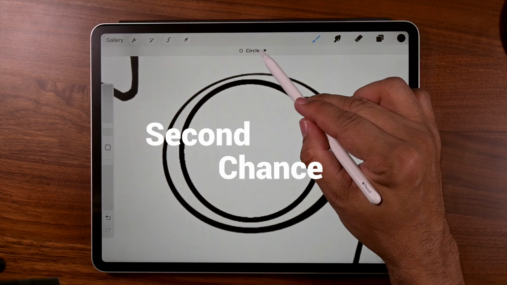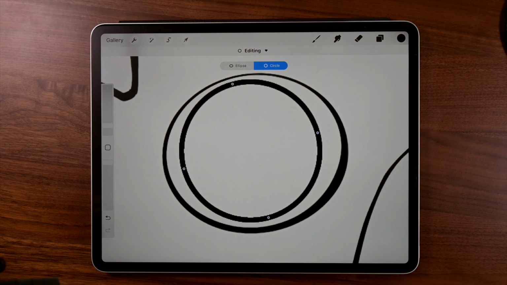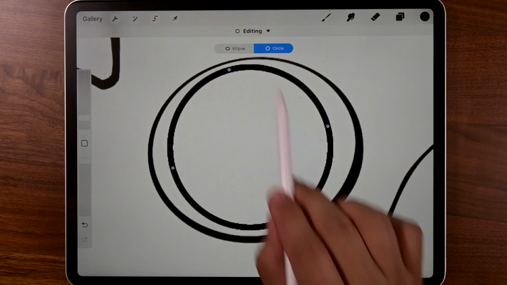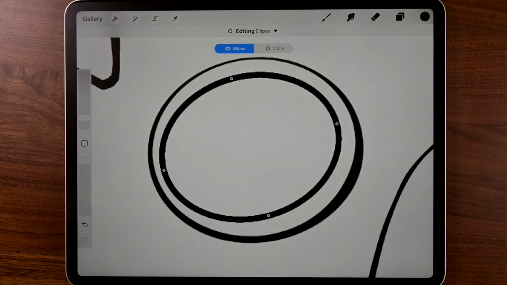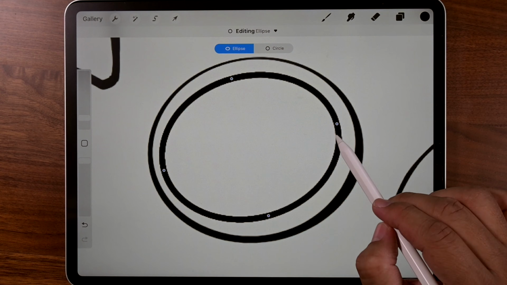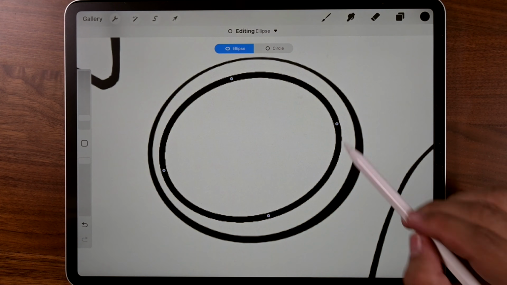And that's by going up here, tap on circle, and now you're in editing mode. You can edit a circle or you can edit an ellipse. So let's go with the ellipse. It has 4 control points, right? There you go, 4 of them. And what that does, it allows us to